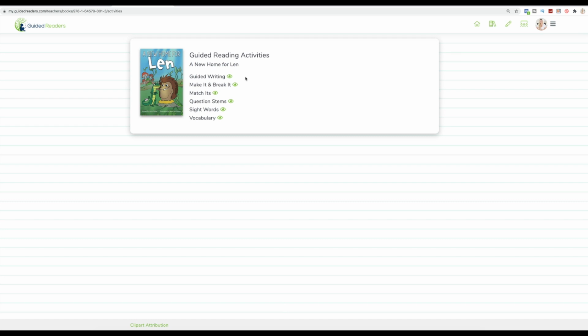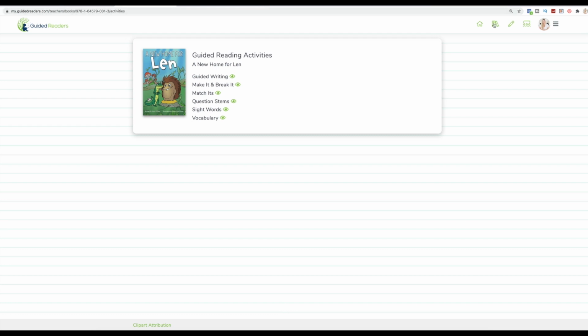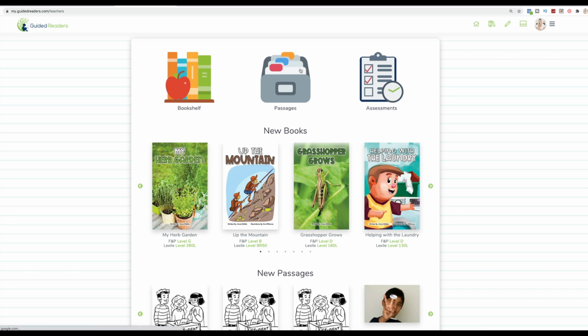We are planning on adding different options, different ways to sort the information, and the ability to trash work if you don't want to keep it in your account. Those are different things that we're going to be adding over the next couple of weeks. But we really wanted to get this out as quickly as we possibly could for our teachers that are teaching remotely right now. So we truly hope that you enjoy these new digital activities that have been added to Guided